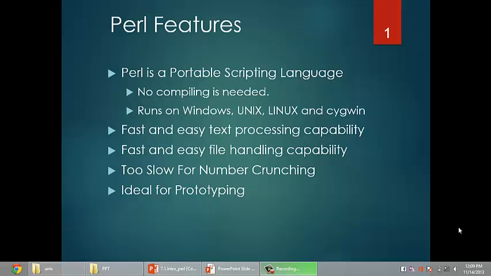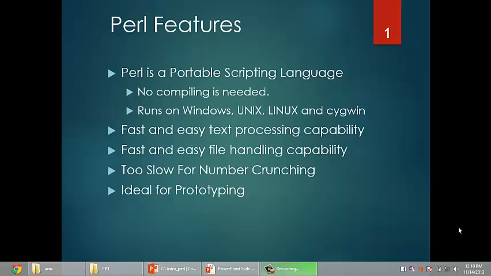In the previous session, we discussed the basic introduction to Perl, how it is different from other programming languages, what its benefits are, and what its drawbacks are. In this session, we will be learning about the basic Perl features, the various numerical literals and string literals that can be used in Perl, and also a very simple Hello World program written in Perl.